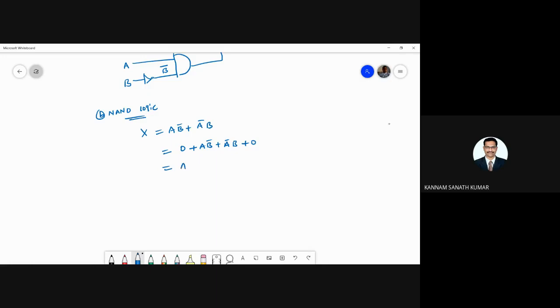Okay. So this 0 I am writing as A bar A: A bar A plus AB bar plus A bar B plus B bar B. Since A into A bar equal to what? 0. Okay. So now what you should do, you can take A from these two, and B from these two. If you take A from these two, what you are getting? A into A bar plus B bar, plus B into A bar plus B bar.